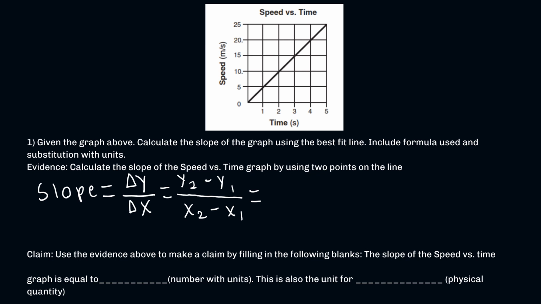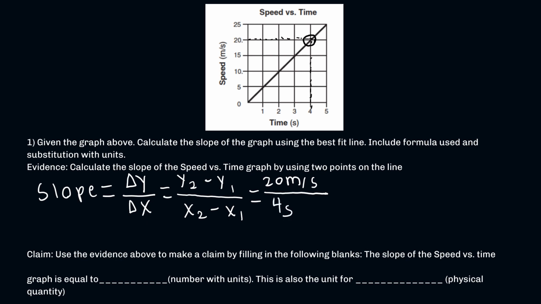So for this one, the first one that I see that jumps out to me on the line, I can go pretty much all the way to the top, or you can go all the way to the top if you like. I'm going to go one step below that and go to 20 and 4 here. So we have 20 here. That lines up with 4 seconds. So on the top for my y2, this is going to end up being 20 meters per second. Then we're going to have on the bottom my x2, and this is going to be 4